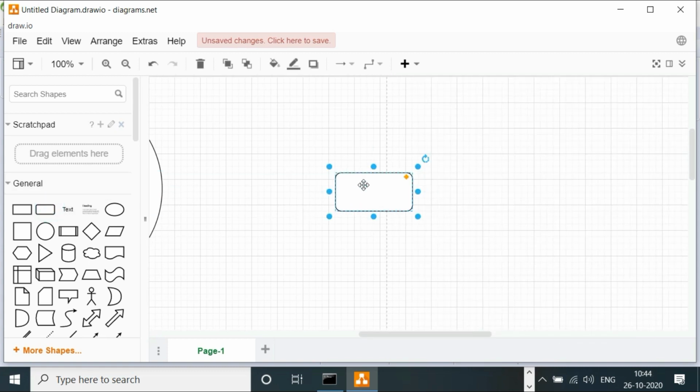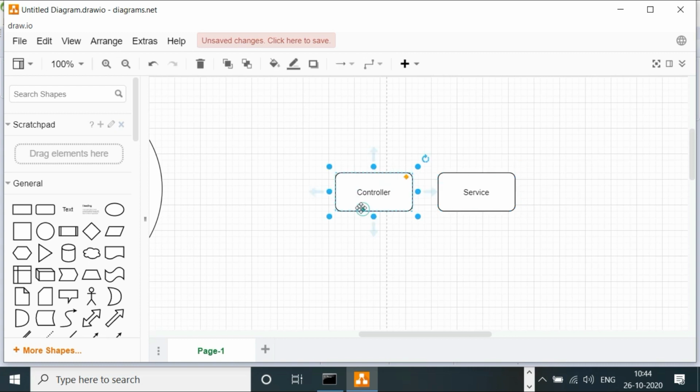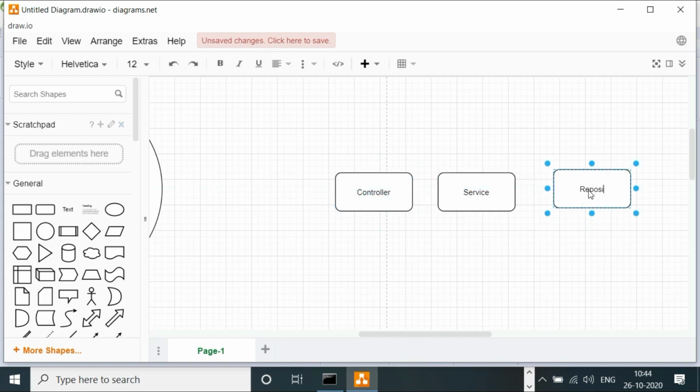So first is my controller, second is my service, and the third is my DAO layer or your repository, JPA repository in my case. The controller is the one which is responsible to handle all your incoming requests, and it maps them to the corresponding get, put, post, delete method you have.